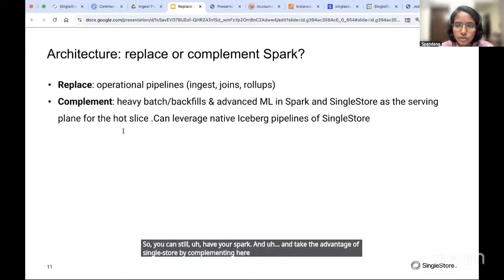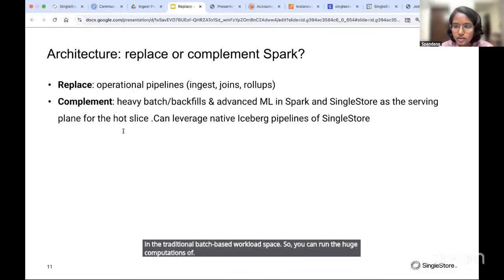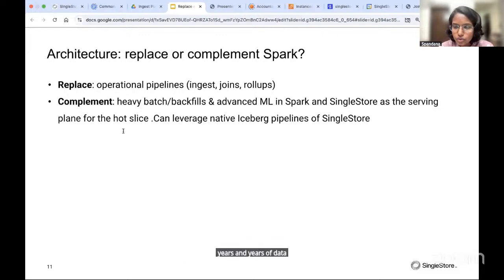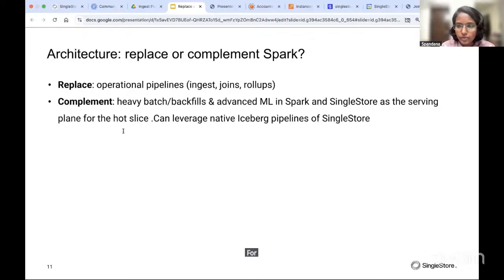So how SingleStore can help in traditional batch-based workloads is, you can run the huge computations of years and years of data and store the data in the data lake, but use SingleStore as the serving layer for that slice of data that's valuable to the users. So the real-time data, let's say, or the last 1 week's data, or depending on your use case, 1 day's data,